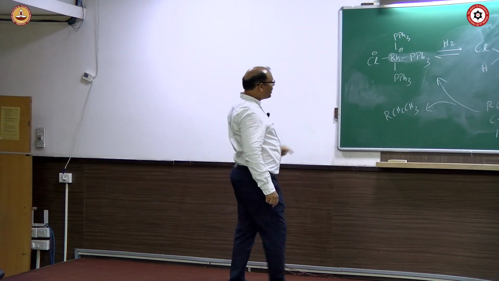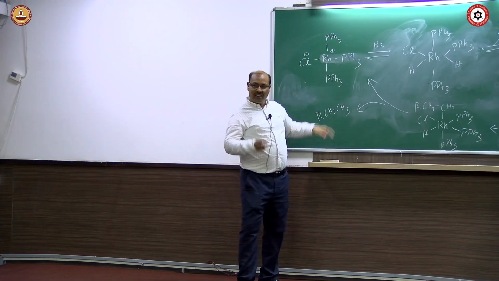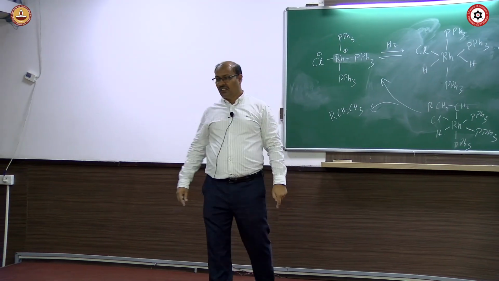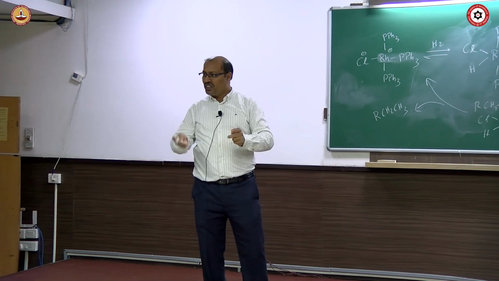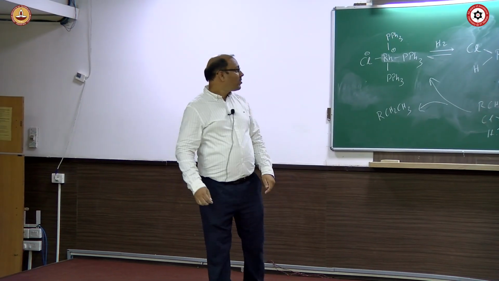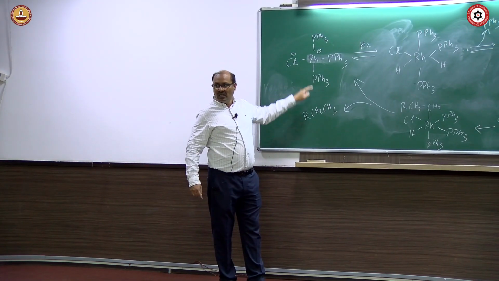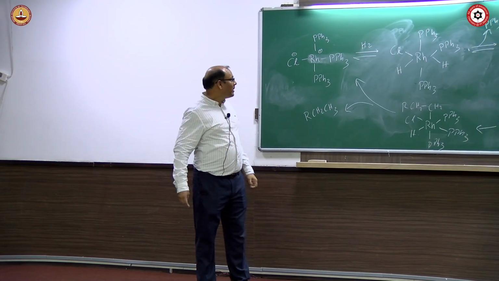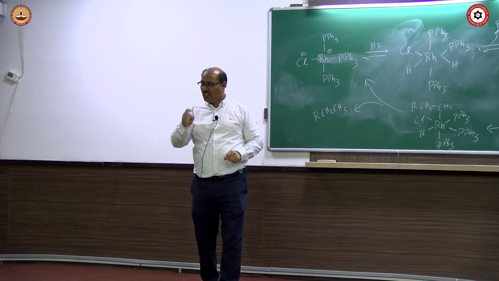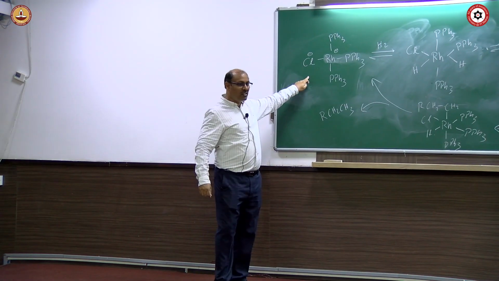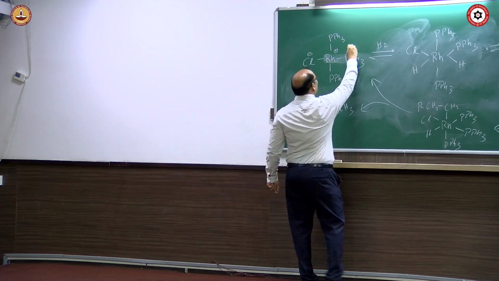In the first step itself, one triphenyl phosphine is lost. Then hydrogen is added. In the earlier mechanism, first step is addition of hydrogen, then loss of triphenyl phosphine. Just the reverse of it. Means before hydrogen is added, one triphenyl phosphine is lost. And there is an equilibrium between this one and the one having triphenyl phosphine lost. This is in major amount and the other one is in minor amount. This exists in equilibrium with